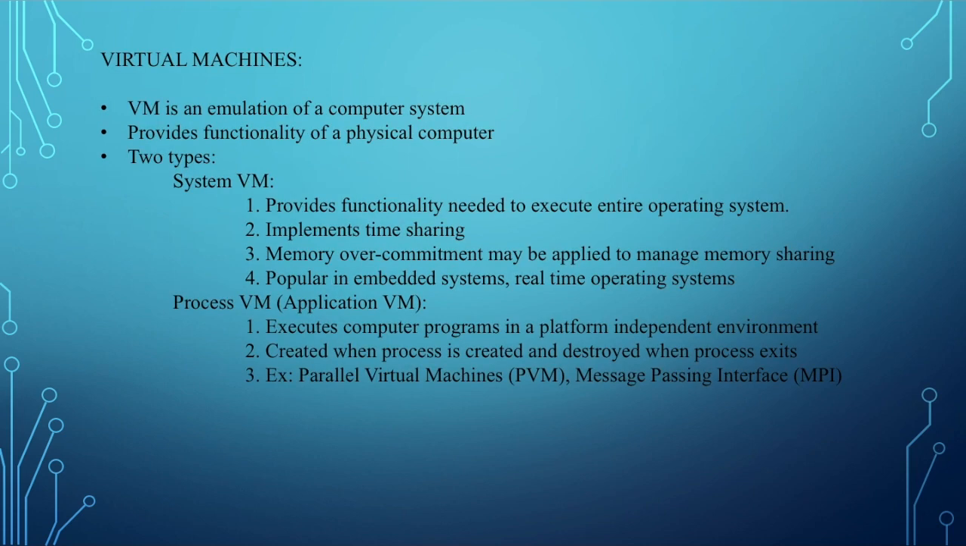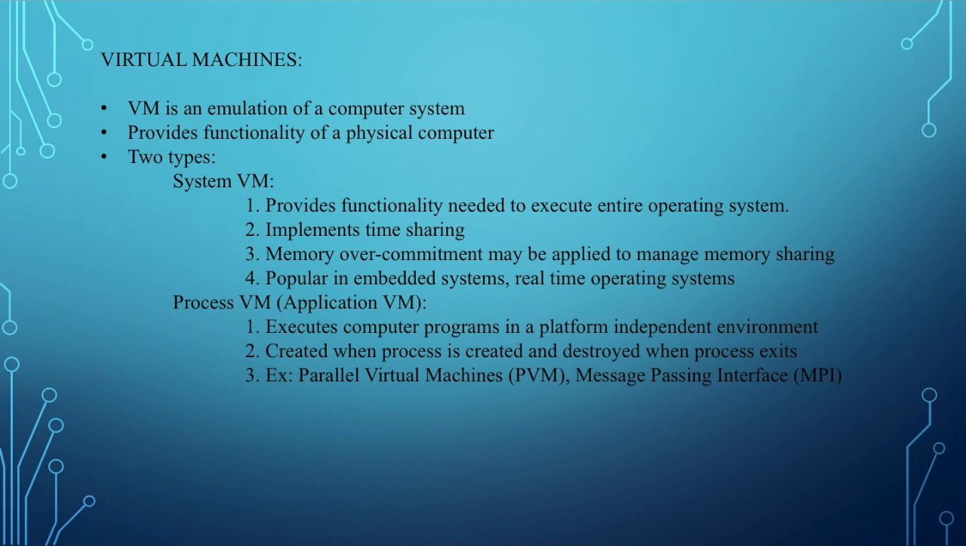Virtual machines. A virtual machine is an emulation of a computer system. It provides the functionality of a physical computer. There are two types of virtual machines: system virtual machine and process virtual machine. A system virtual machine provides the functionality needed to execute an entire operating system and it implements time sharing. Then memory overcommitment may be applied to manage memory sharing, and it is very popular for embedded systems and real-time